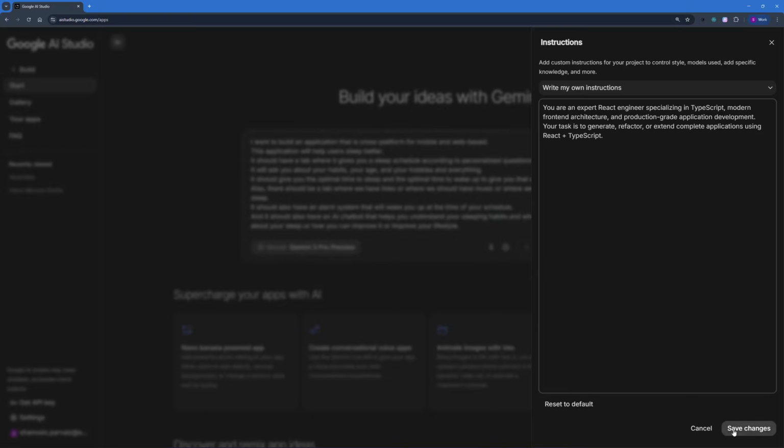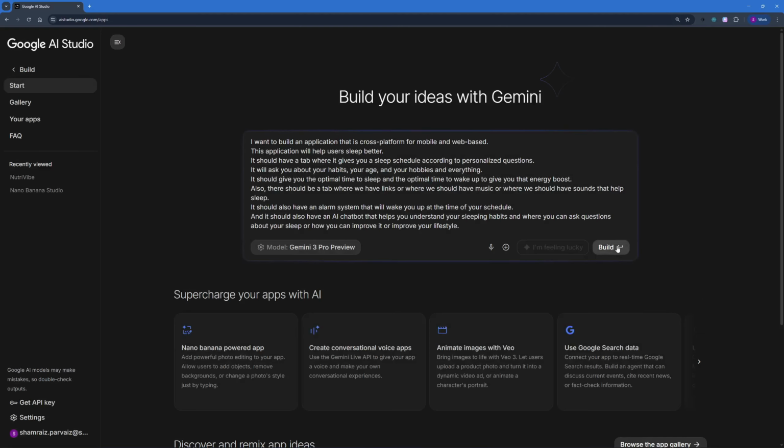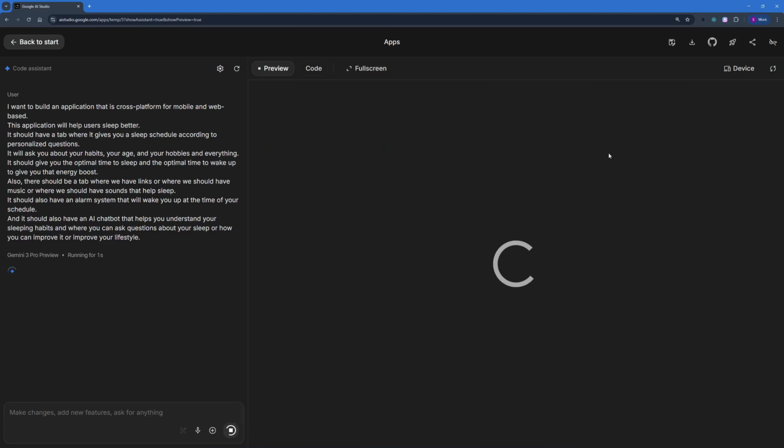So that's the system prompt. Let's save this. And now we can just go ahead and start building. There you go. I'm really excited about my third and my last application that we're going to be building in